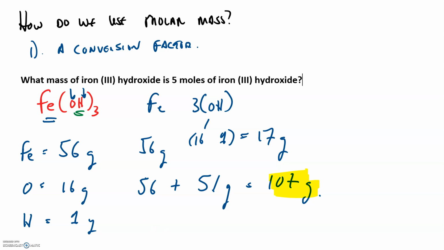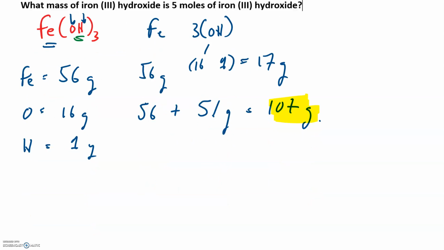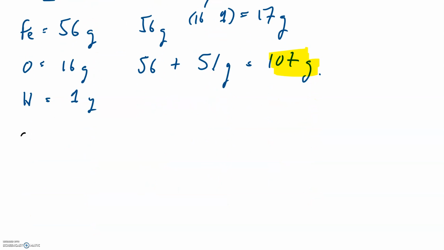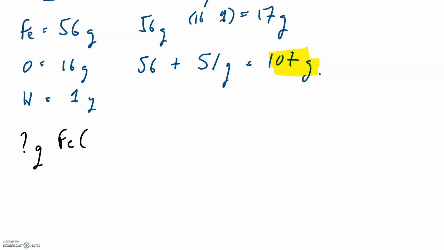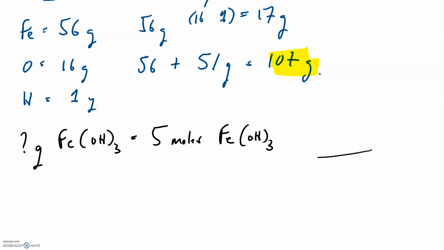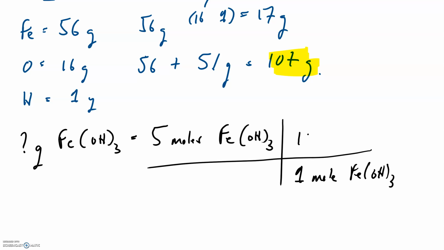Well, now that we know our molar mass, we can set up our conversion. How many grams, because the question is asking for mass? What mass of iron 3 hydroxide? How many grams of iron 3 hydroxide is the equivalent of 5 moles? And because we know that 1 mole of iron 3 hydroxide is 107 grams,